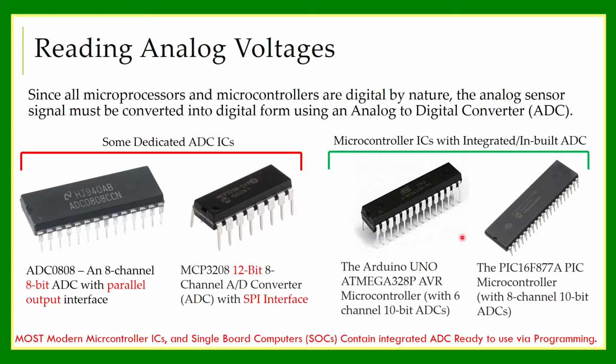However, the later microcontrollers use integrated ADCs to reduce the cost and increase ease of use. However, even with the newer microcontrollers, if someone desires, they can use these discrete ADC ICs depending on their need. For example, the discrete IC can provide a 12-bit 8-channel AD converter with an SPI interface. So it won't take up as many pins as the older parallel output interface. Also, it provides a much higher resolution, 12-bit, than the 10-bit or 8-bit resolution of the integrated ADCs.